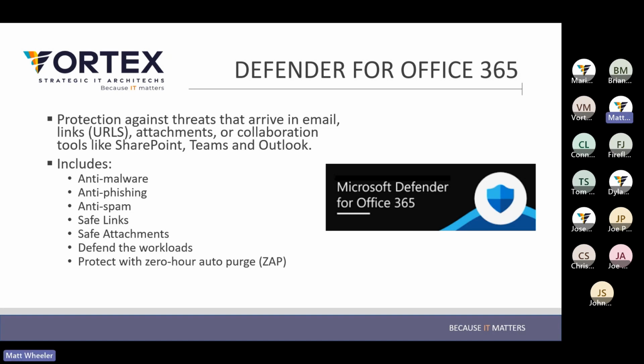If the system discovers that the link is actually malicious, it'll pop up a big red screen that says, hey, we don't want you to access this link, and here's why. Sometimes you have the option to continue through. It depends on how your administrator configures that, but we pretty much prefer not to allow users to click through. There's a reason that system thinks it's fraudulent, and so we always want our clients to reach out and say, hey, administrator, this is what we've got going on, can you guys take a look into it for us?